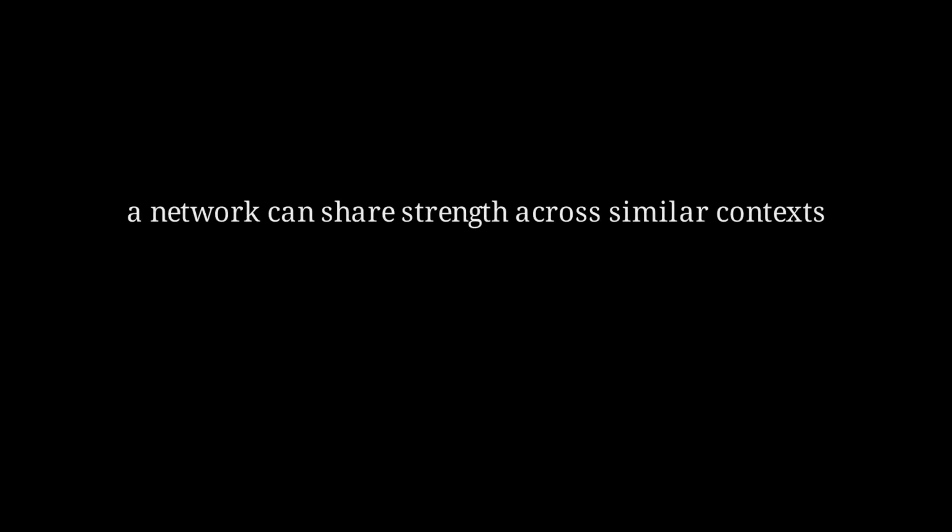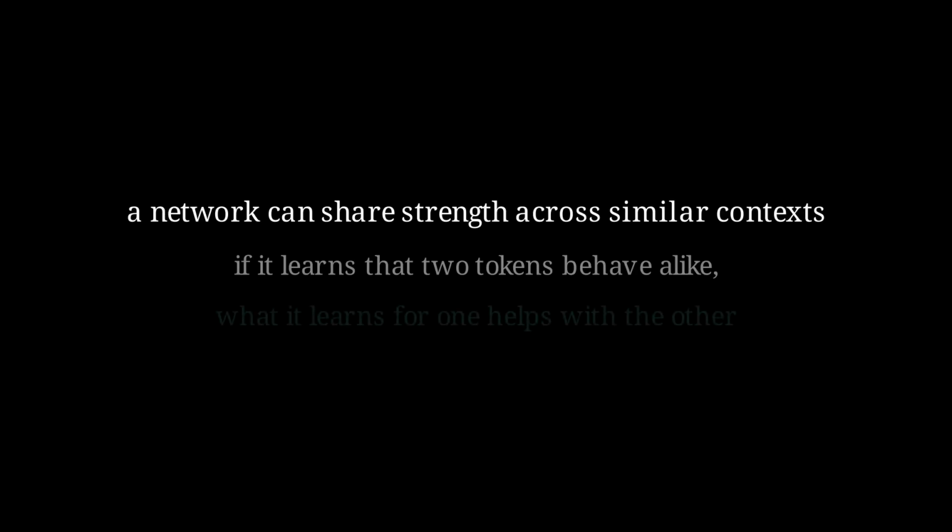So the problem is that every context is treated as its own separate box, with nothing shared between them. Exactly that. Counting has no idea that two contexts are similar. "The cat sat" and "the dog sat" are, to a table of counts, completely unrelated rows. A network can do better, because it can learn that cat and dog behave alike, and then what it learns from one helps it with the other. That sharing of statistical strength across similar contexts is the whole reason to reach for a network here. And it turns entirely on one new idea, the way we represent a token.